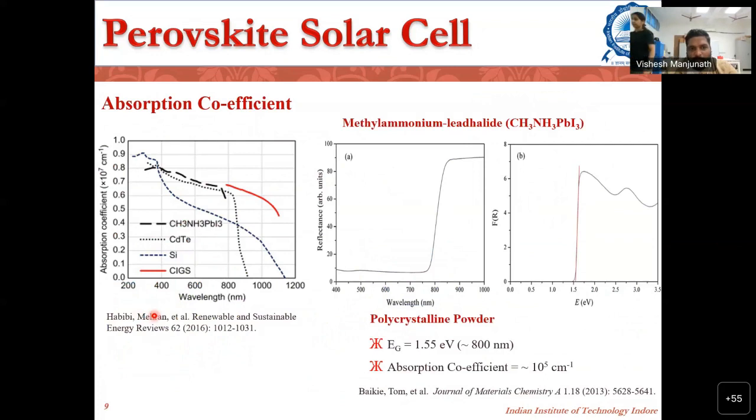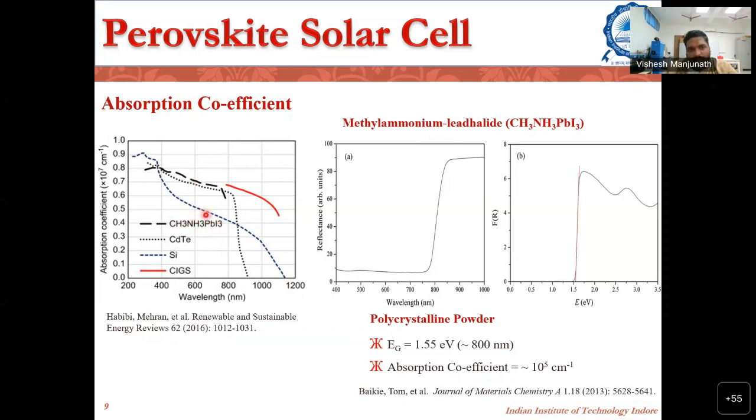And when we talk about solar cells, the absorption coefficient is very important. So absorption coefficient is like how much light a material can absorb for a particular thickness. For a similar thickness, the absorption coefficient for different technologies is shown here on the left graph. When we see silicon technology, it's from around 200 nanometer to 1100 nanometer. It can absorb, however, its absorption coefficient is lower as compared to CsSnPbI3, which